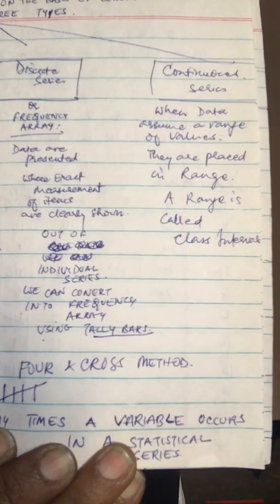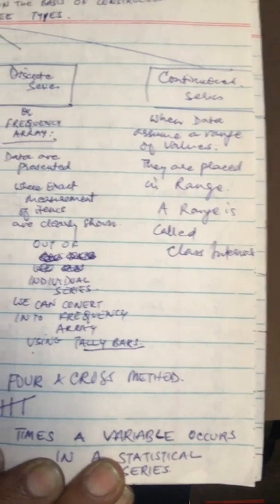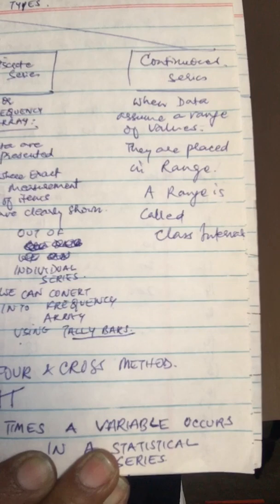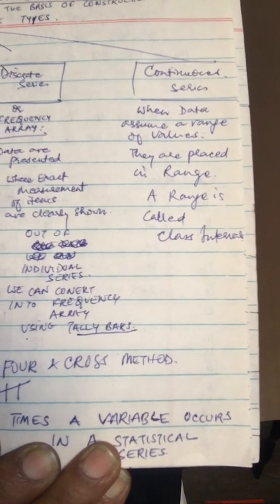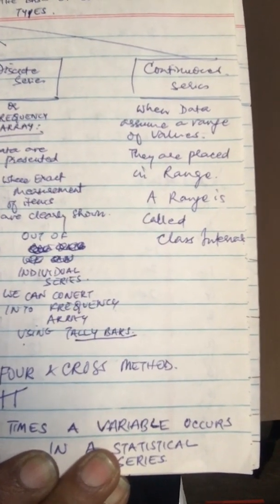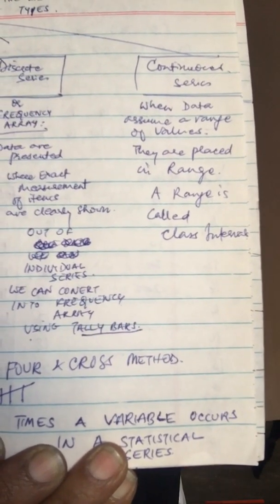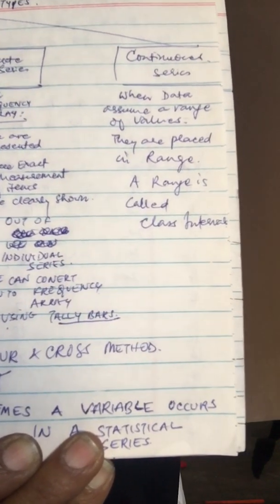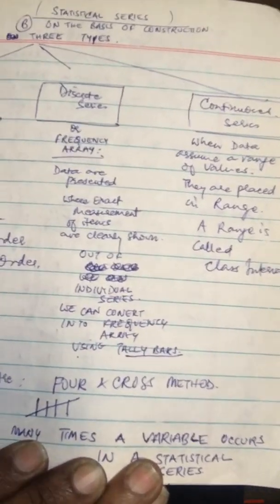Now the discrete series is also known as frequency array, and we use tally bars to find out for every value which has repeated itself. We can put a tally bar, tallying it around to get the same score. You count and find out how much is there, and after that it becomes easy. So first of all, a table is prepared with 3 columns where you have variable, tally bars, and frequency, and that's how you go about it. Okay, so then we come to what is known as continuous series. Now what is continuous series?